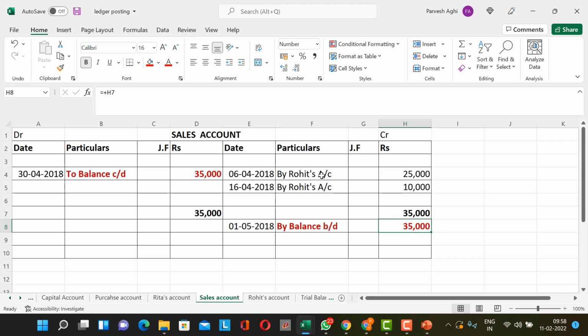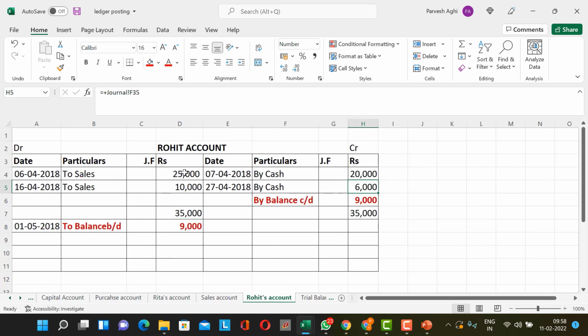Now you want to know out of the sale how much money has been received by me. So you'll go to your customer account, isn't it? Your sales will be debited to the customer account. So this is Rohit account. This amount is receivable from him. You're going to debit his account. So in the books, you should always have a debit balance of your customer, which you're having, which is 9,000,